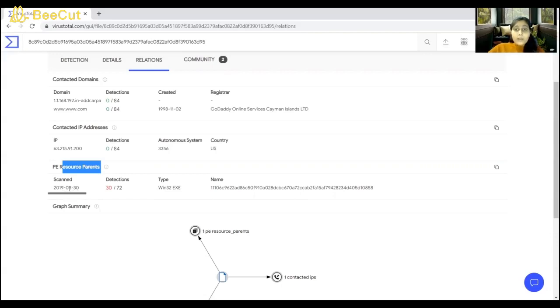The portable executable is a data structure that encapsulates the information necessary for the Windows OS loader to manage the wrapped executable code.